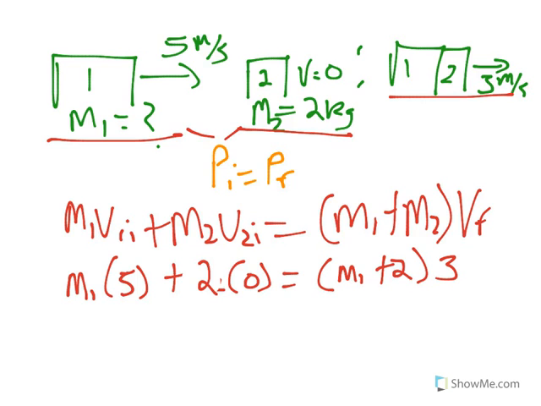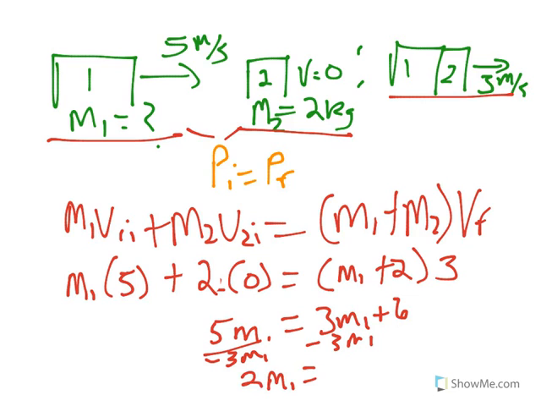Now we are going to solve for m1. The first thing I'm going to do is FOIL this, so I'm going to put 3m1 plus 6 equals 5m1. Solving for m1, I'm going to subtract 3m1 from both sides. So I get 2m1 equals 6. And then I divide by 2, and I get m1 equals